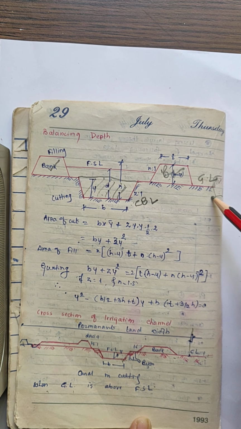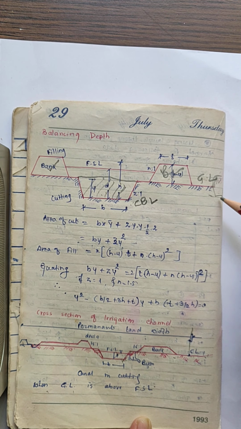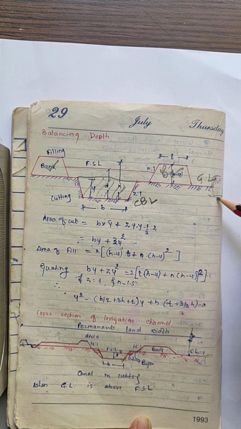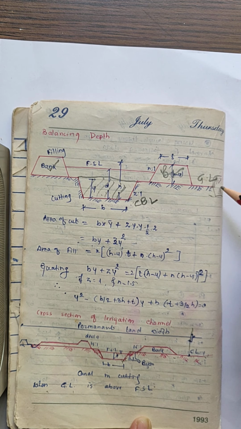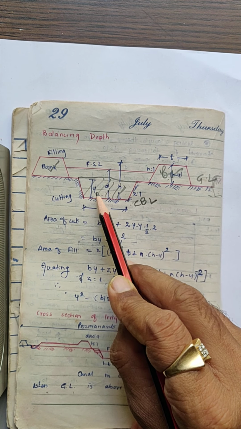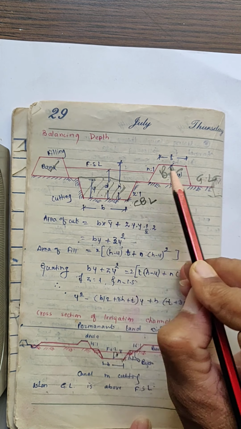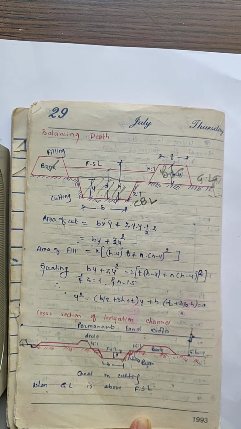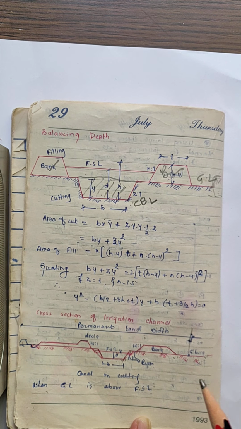In the rainy season, these borrow pits will be filled up by water. It will create a breeding space for mosquitoes and unhealthy areas. So to avoid spoil banks or borrow pits, it is better to go for balancing depth. If the balancing depth is provided, then whatever exact volume of material we excavate will be used for the banks. Now we will see how this balancing depth is calculated.